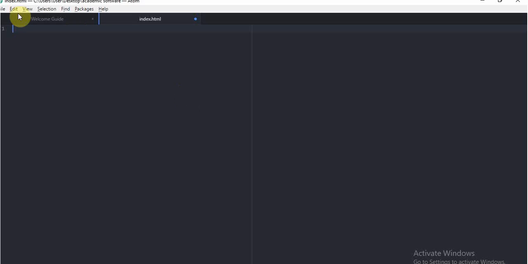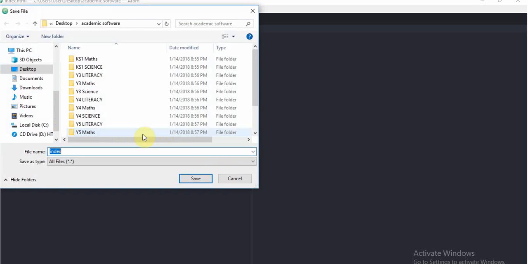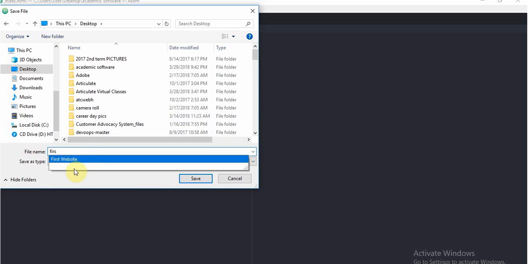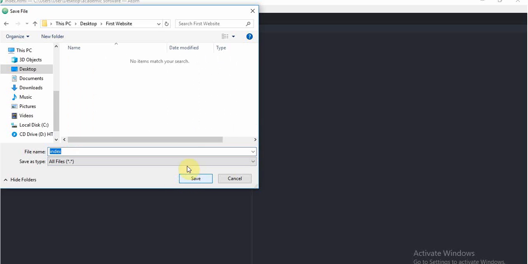How do I mean? Here I go to File and I say Save As. Then I navigate to my desktop. I will look for first website. Then I'll save here index.html. Now, professionally, the first page that you design, that you create, which is going to be the home page